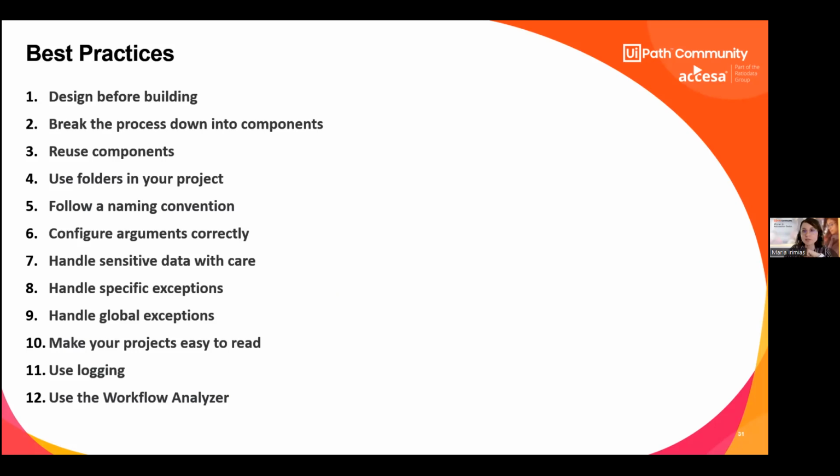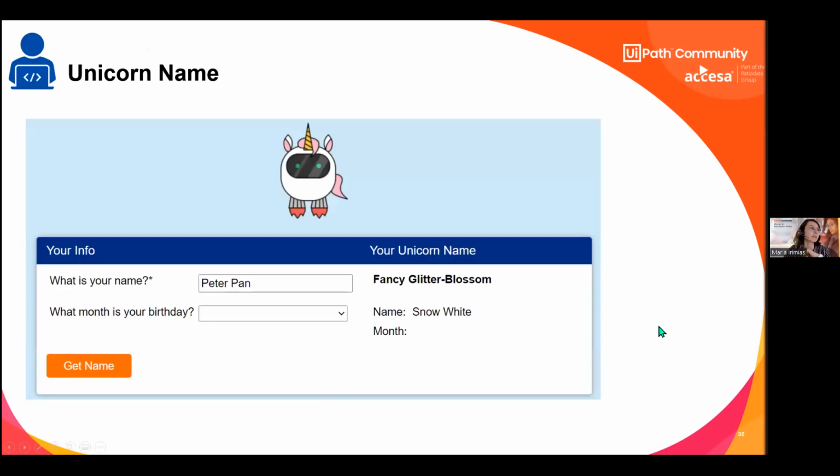Basically, UiPath, on the UiPath Foundation, has prepared a first automation demo, for example. You can find it also there if you go. It is the unicorn name sample. I will just do it step by step with you here, and I will explain what is there and how you can achieve this automation. You can also find it in the UiPath documentation as creating your first automation project.